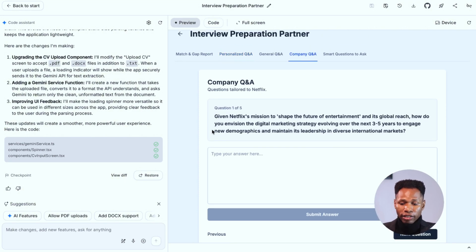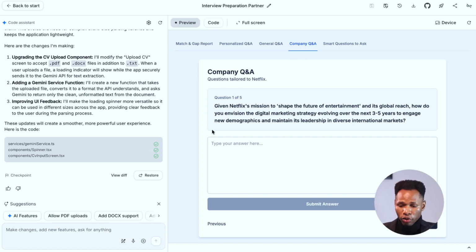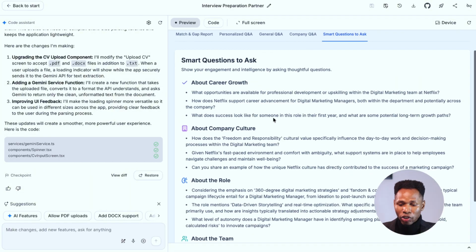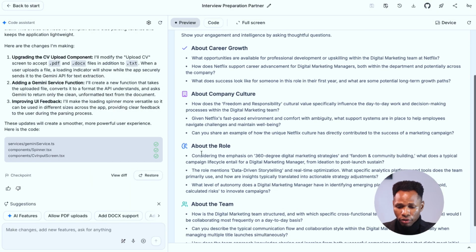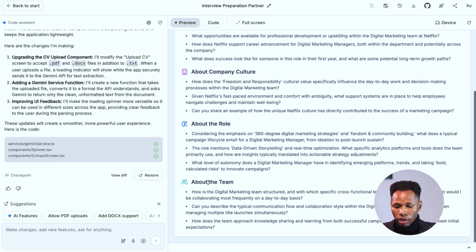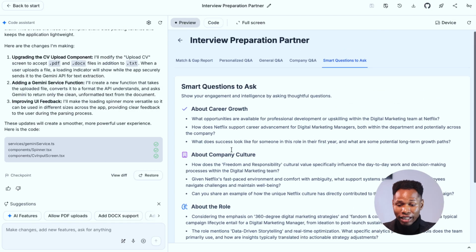Then there are questions that are based on the company itself. So you need to know more about the company. These questions are based on the company. So you can go through the questions and review them so you can get ready. Then there are smart questions to ask. These are questions that you can actually ask the recruiters. Okay, so about the career growth, about company culture, about the role, about the team. And some of these questions actually sound a bit generic,